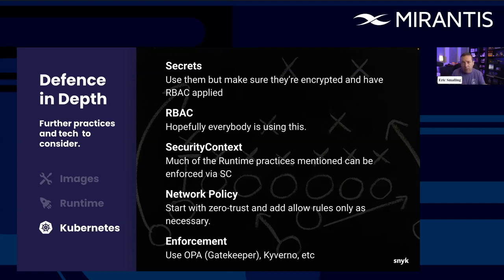Log4j, to bring that one up again. The way that worked was you injected a JNDI lookup to an LDAP server that was somewhere that you controlled, and that was actually a bogus LDAP server. And it's deeper than that, but that's kind of the gist of the entry to it. If you had network policy keeping people from connecting randomly to things, that stops the exploit from really progressing at that point.